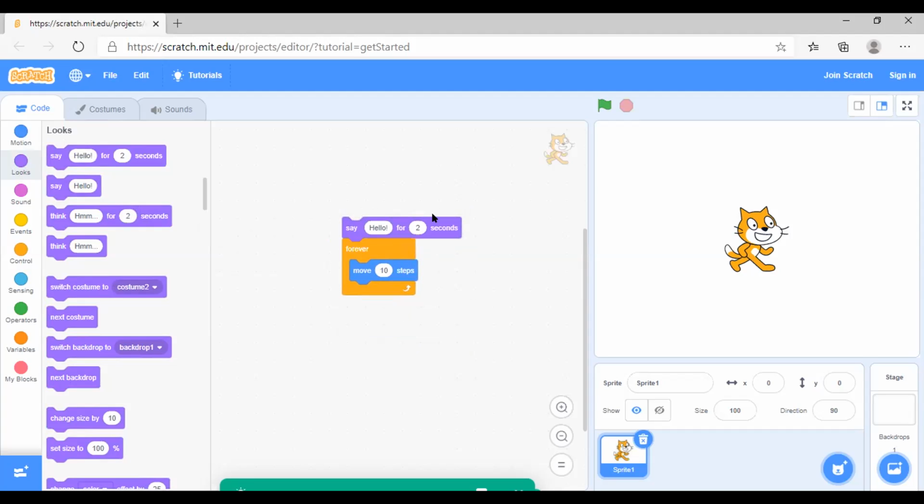Let's change it from hello, and the cat will say, oh, it's a very nice evening, or it's a good morning, whatever you want. What do you want to type? Whatever you wish to type. For others, they can type it's a nice evening or my name is Kitty, whatever you want to type.